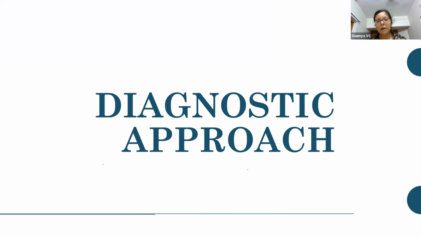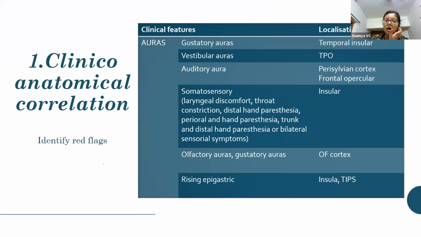So now coming to the diagnostic approach in temporal plus epilepsies. First will be the clinical approach, and the first aim of this clinical approach is to identify the electroclinical red flags, which I have already explained. And then we have to correlate it anatomically. Among the auras, the presence of gustatory auras and somatosensory auras, mainly in the form of laryngeal discomfort or a feeling of throat constriction, bilateral hand paresthesias, perioral paresthesias, trunk paresthesias, all these will point towards